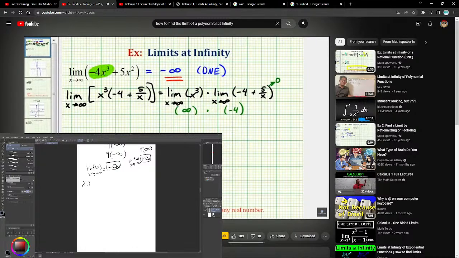Now we have the limit as x approaches negative infinity of the same polynomial function, negative 4x cubed plus 5x squared. Again, we are able to determine this limit just by considering the term with the highest degree, which again is this first term. As x approaches negative infinity, we're now cubing a very large negative number, and since it's being raised,